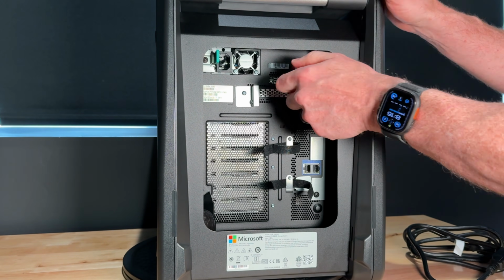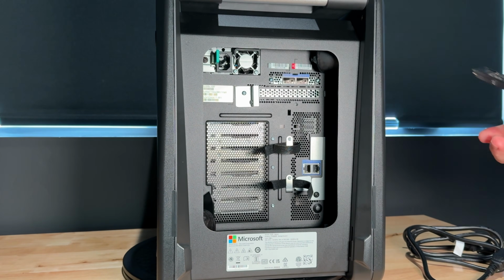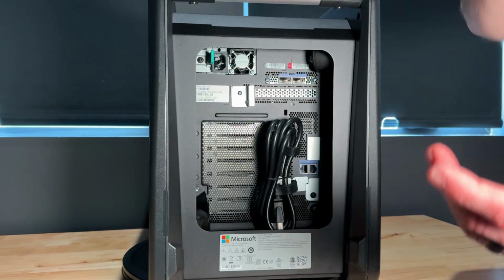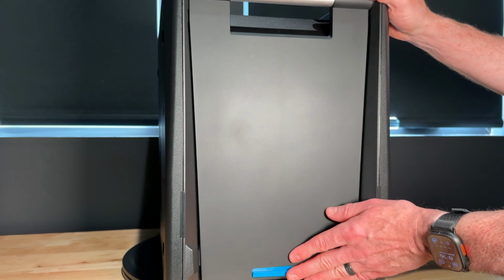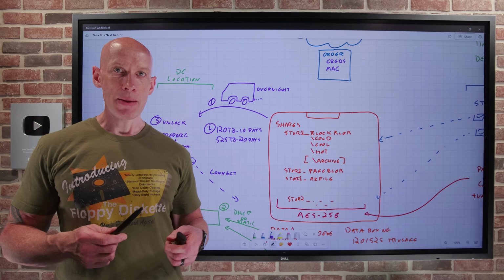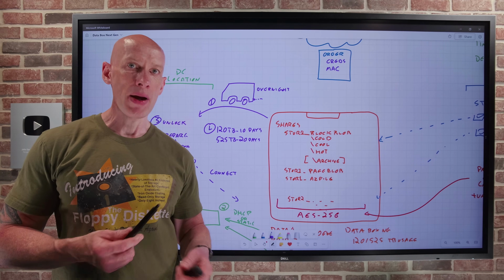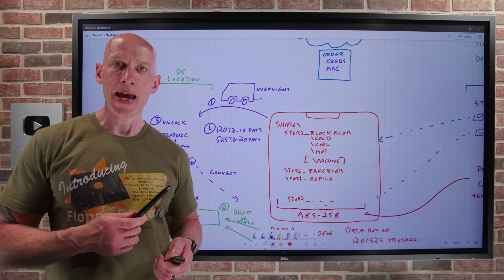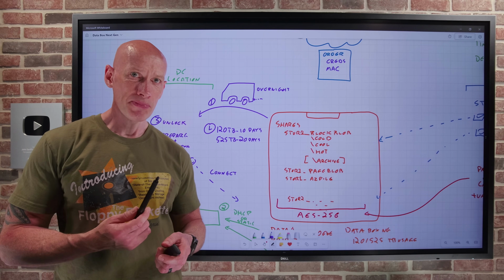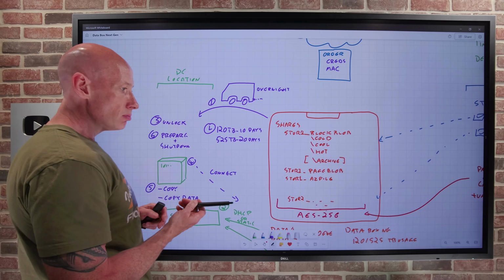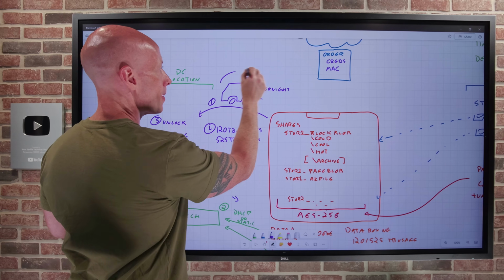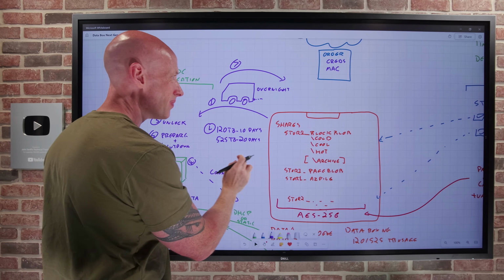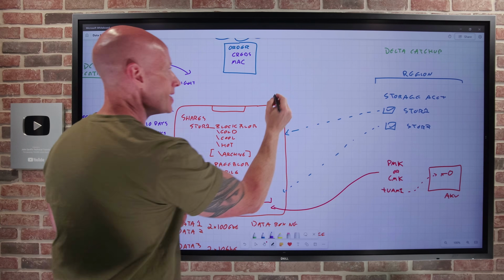Obviously, once I'm sure it's turned off, wrap up the power cable, put it back in, close both the flaps, make sure they've snapped in to make sure it's secure. I would then put it back in the box, put the plastic bag back over it, put the foam protection blocks back on, tape it up, and then arrange for it to be picked up. So now, hey, it's going to get shipped back. So that's step 7. And now the data gets imported